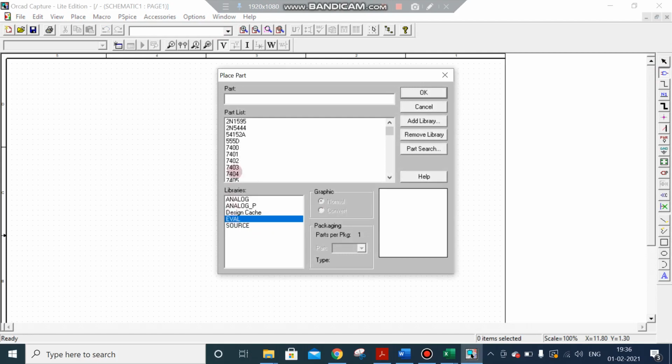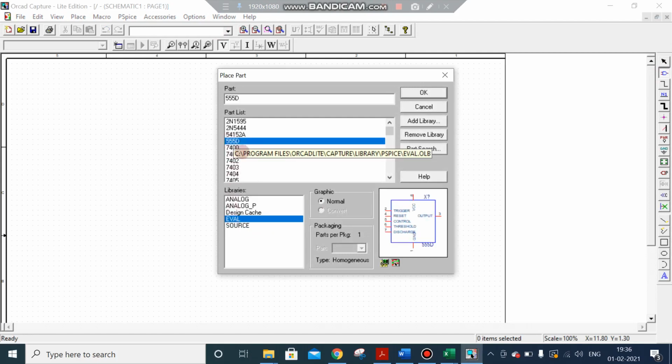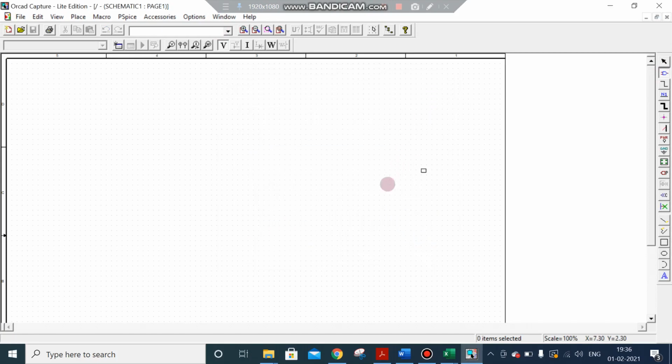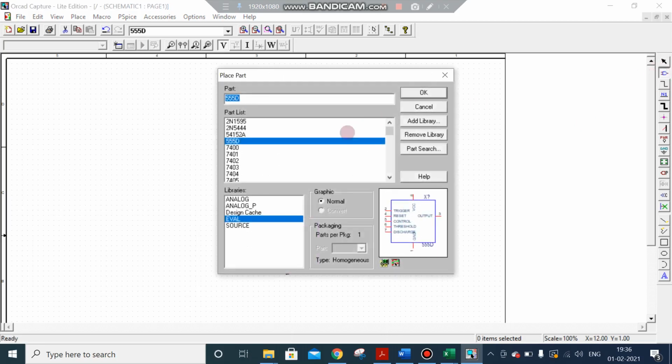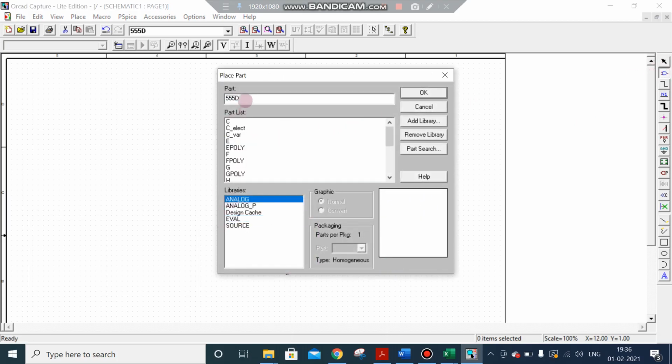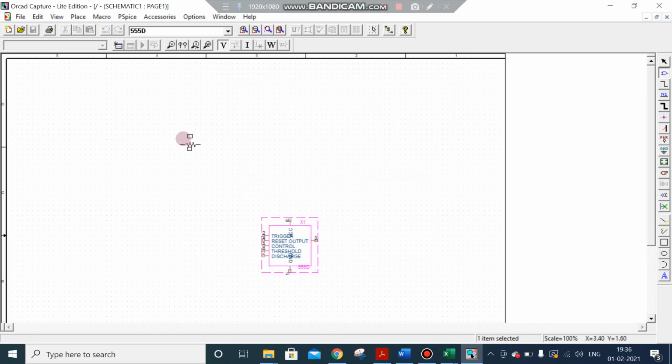So I'm going to choose the 555 IC from the library. Then I need 3 resistors from analog. One is here, here, another one here.